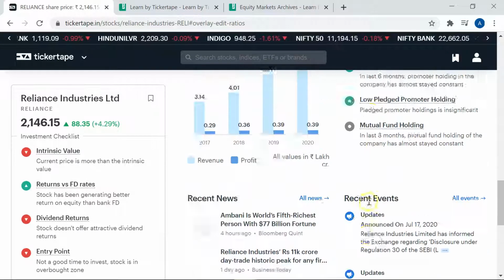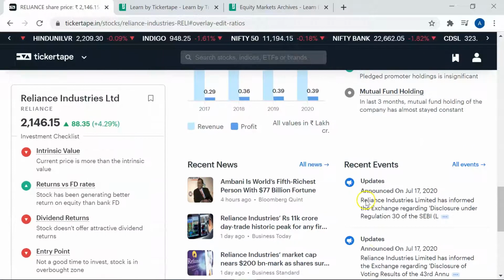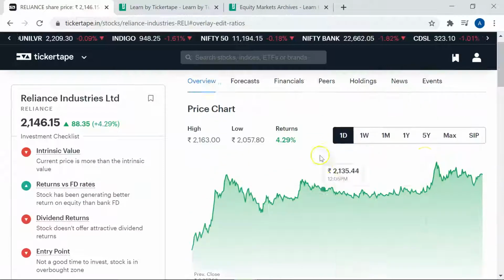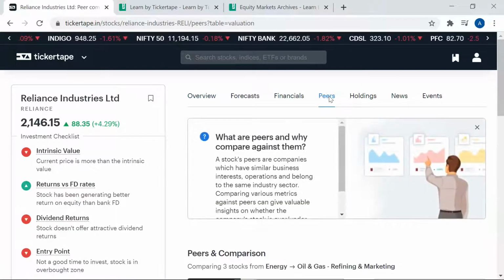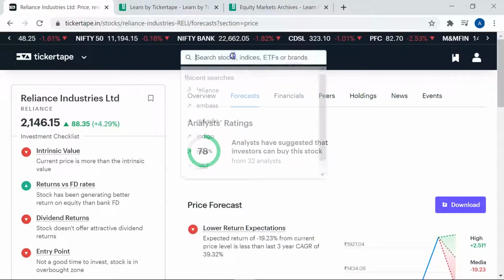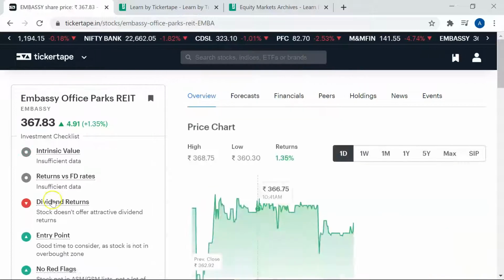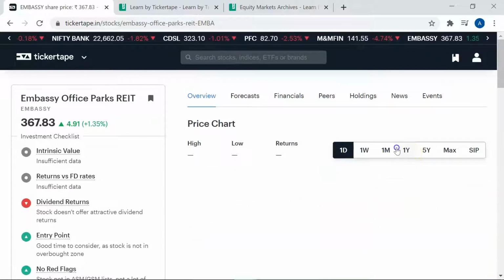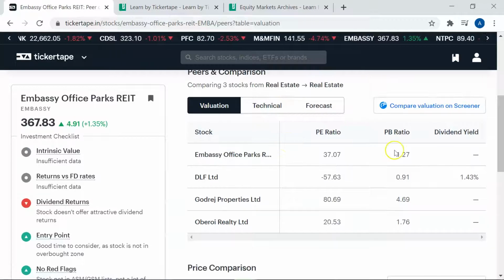You can go ahead with the basic membership, which is free, unlimited, and you can get every piece of information about that company in one shot. So whoever it be, if you are going to purchase one stock, you just visit Tickertape, you search your stock here, say I want to search about Embassy Office Parks REIT. So you can just give a glance here because everything is mentioned here. Thank you.